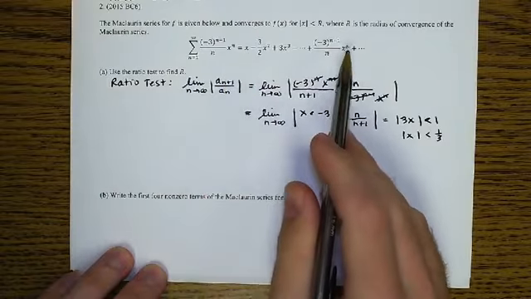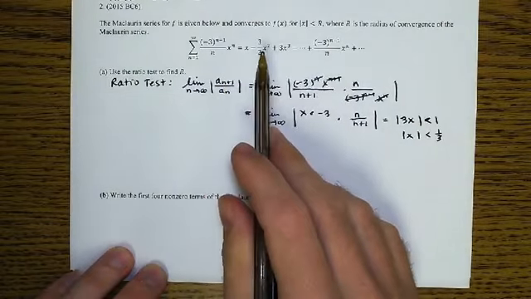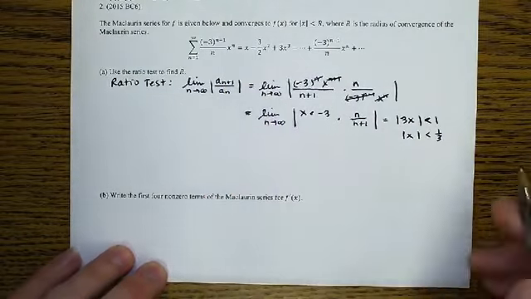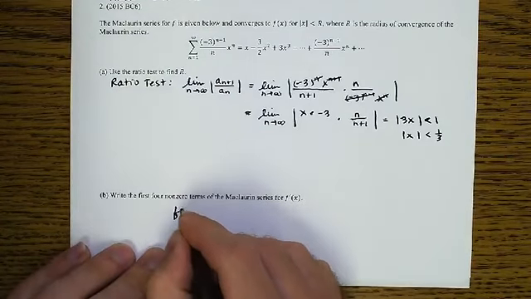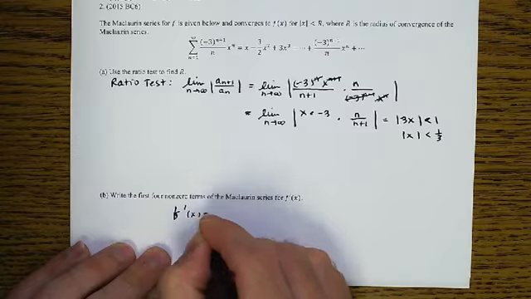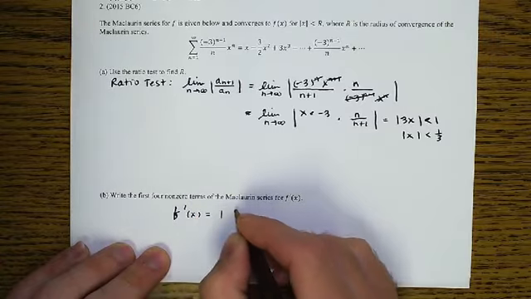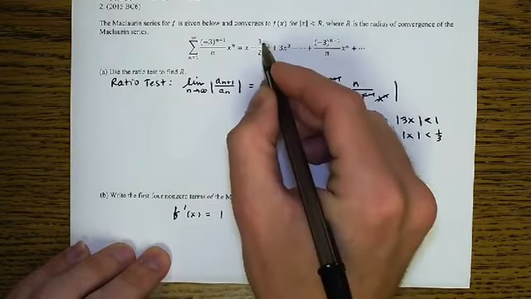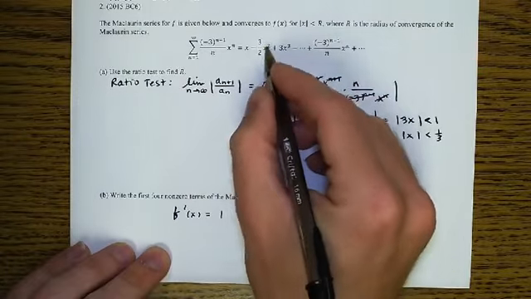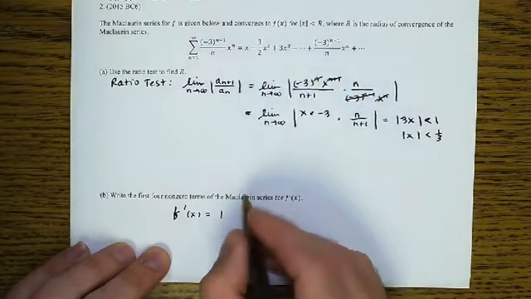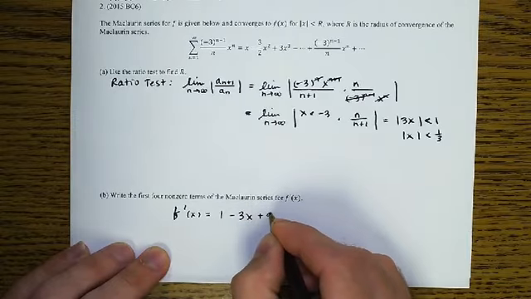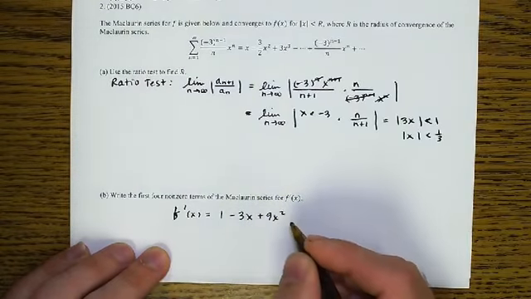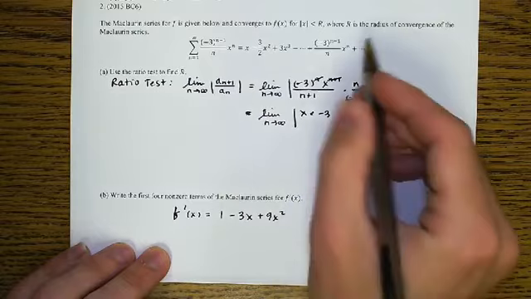f is a polynomial, so it's represented by a polynomial, and we know how to take the derivative of a polynomial. First 4 non-zero terms. All right, well, f prime of x is going to be equal to 1. Okay, I bring that 2 down. I'm going to have 6 divided by 2 is 3, minus 3x, plus 9x squared, and all the way down